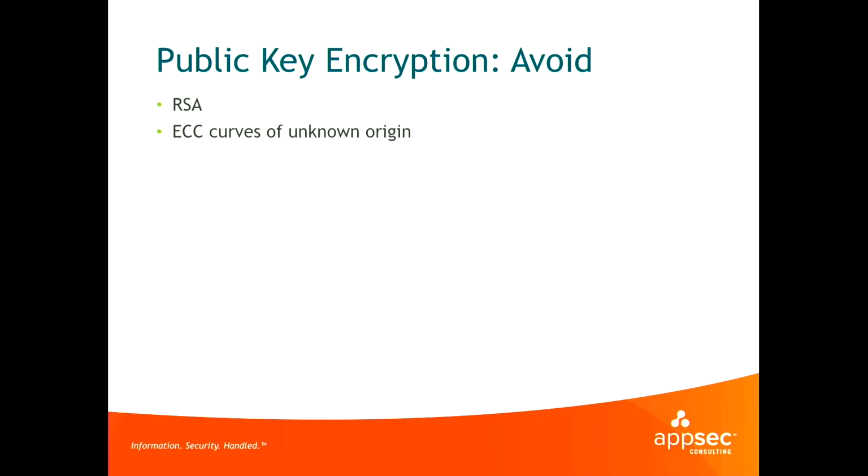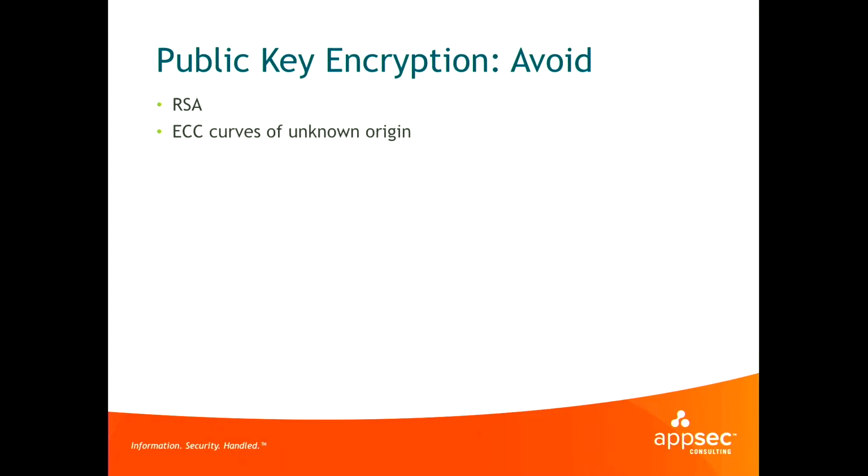ECC and RSA are based on different, very, very hard math problems. And their security is based on the assumption that those problems are actually hard. The minute that one of those problems is found to not actually be hard, the security of the system is gone.